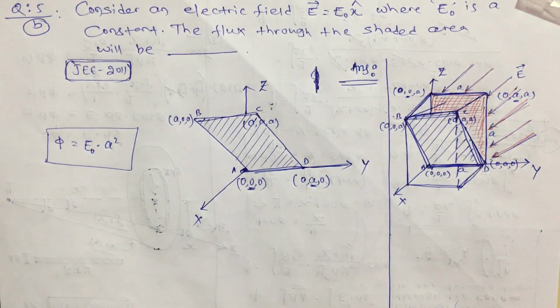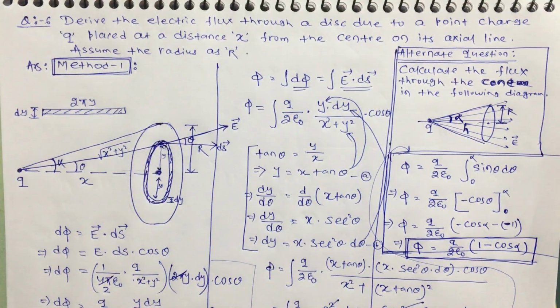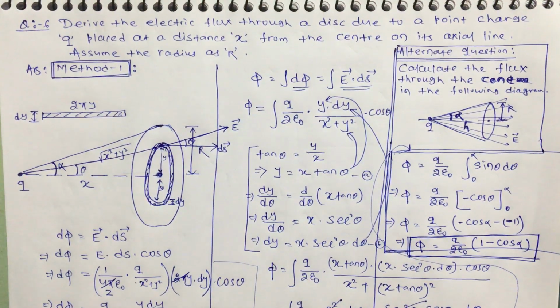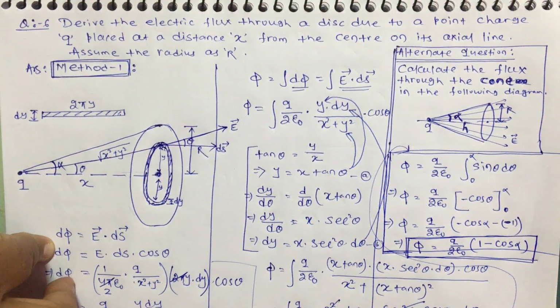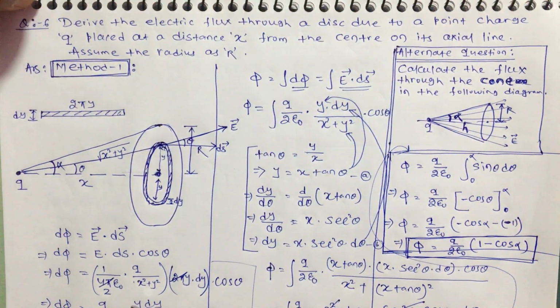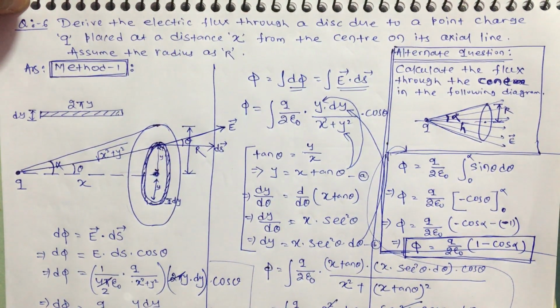Now let us come to the next question. Students, this is the next question. I have solved it completely because this is actually a very lengthy one. So to make it faster, I have solved it completely. So let me explain what the question is and how you have to solve it. And it is an important one because we have to use this result in further questions to solve them. Okay, very important for JEE Main and also for NEET exams.